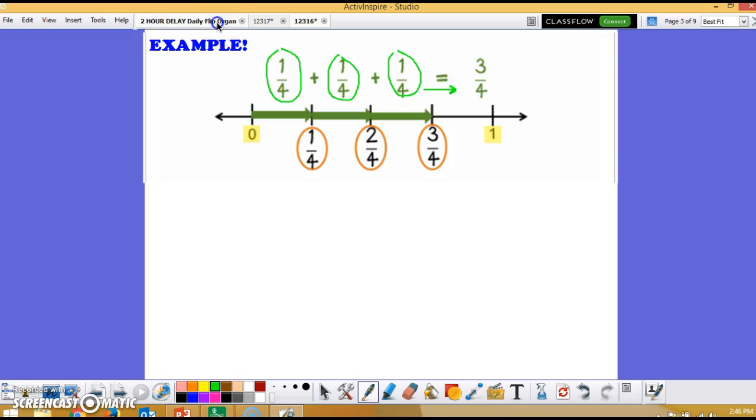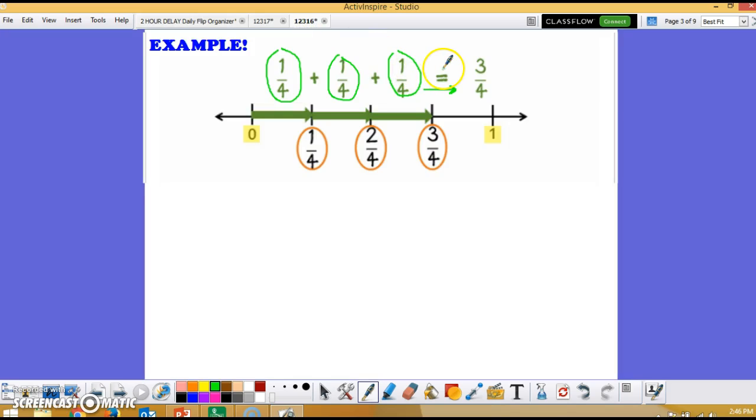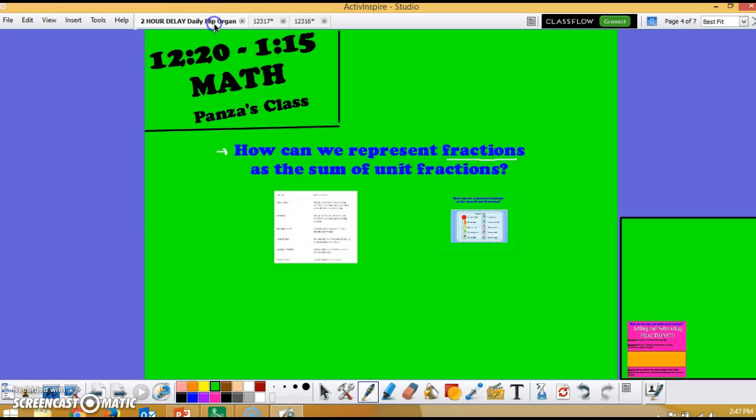And because I'm asking myself if I can represent fractions as the sum of unit fractions, I can see I absolutely can. Because whenever I have a unit fraction, I can add them to other unit fractions to equal my total fraction. That, in short, is lesson 1, your vocabulary and the answer to how you can represent fractions as the sum of unit